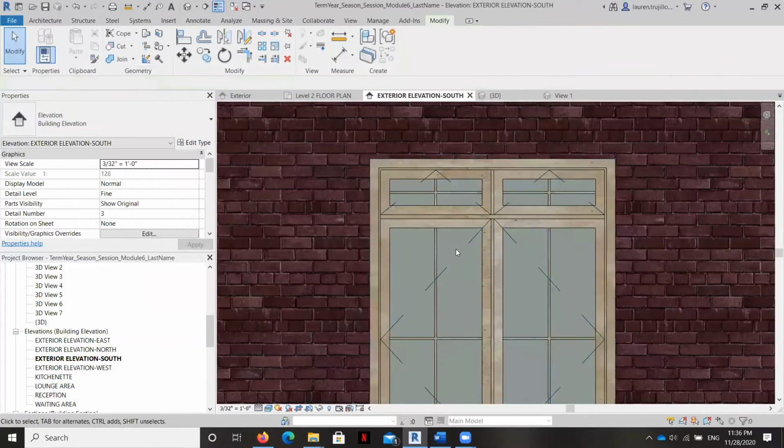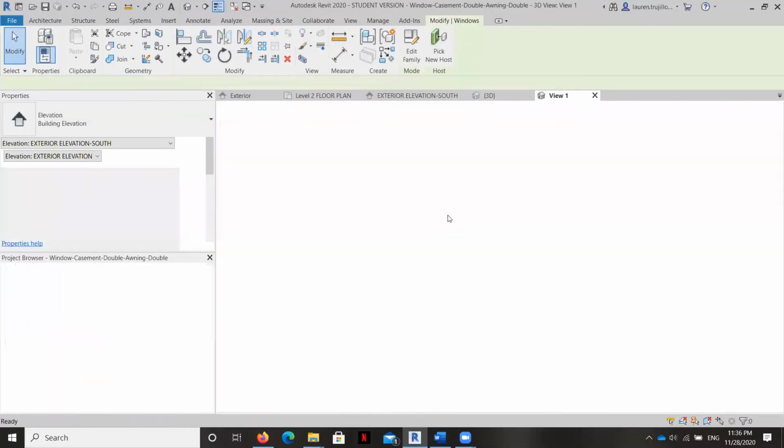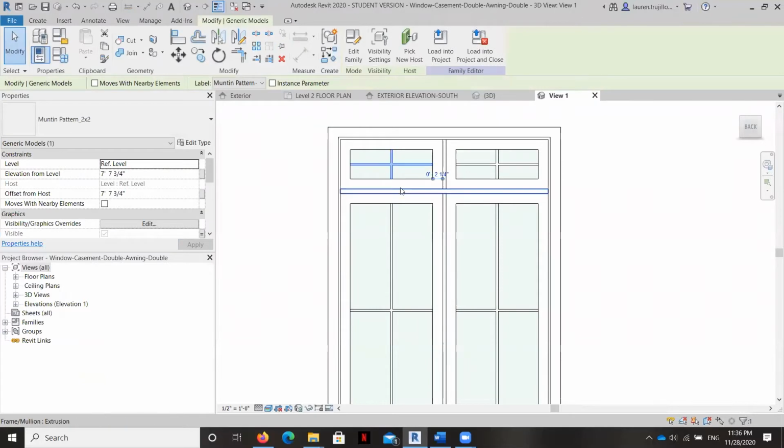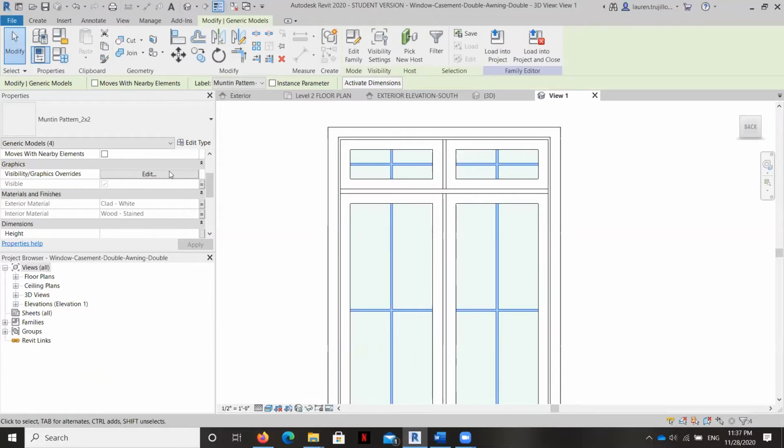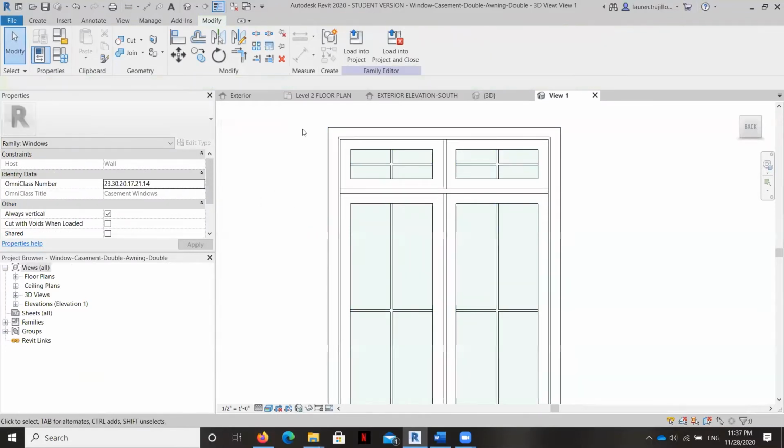And let's just say I just wanted these interior muntins, which is sort of the modern way that we refer to tracery as. Let's say I just want these interior muntins to be that tracery stained wood. I'm going to go ahead and open this family, and I'm going to grab these right here. And you can see here they don't have the ability to change. See, if I click right here, it's not going to let me hit a drop down and select these as tracery, but I can do it a different way.